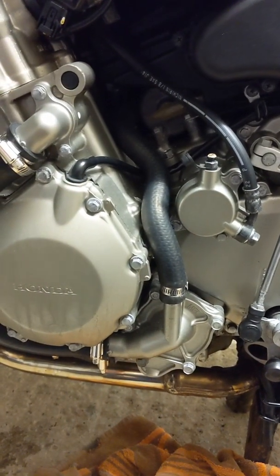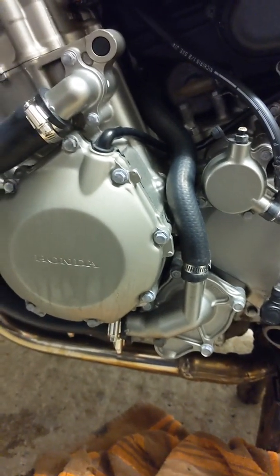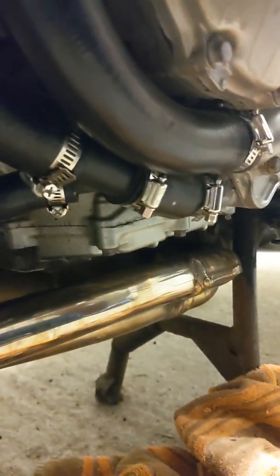Let me show you the Jubilee clips that I've replaced first of all. Then I'll go over the method. Okay, so Jubilee clips. So one here just above the water pump, and then we've got down here, up here. Anything basically that you see that is shiny has been recently replaced. So there at the top, there at the bottom, there in the water pump, and up there at the bottom of the radiator. Oh, come on, phone. You can focus. There we go. And hard to see, but the two in there, the one right down at the bottom, and we've got these ones round here. So all replaced with stainless